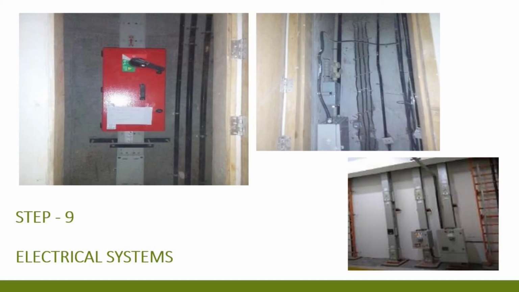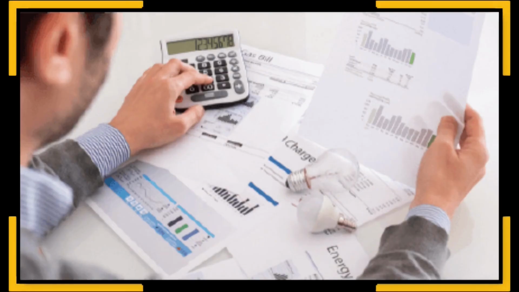Step 9 is the checking of electrical systems and earthing provisions. Here you need to check the location of the electrical shaft, location of the electrical panel, and the maximum load available for your premises rated in amperes. This is important to know beforehand because that will govern the design of your electrical systems. Your complete system has to be designed as per the maximum load available at the electrical tap-off.